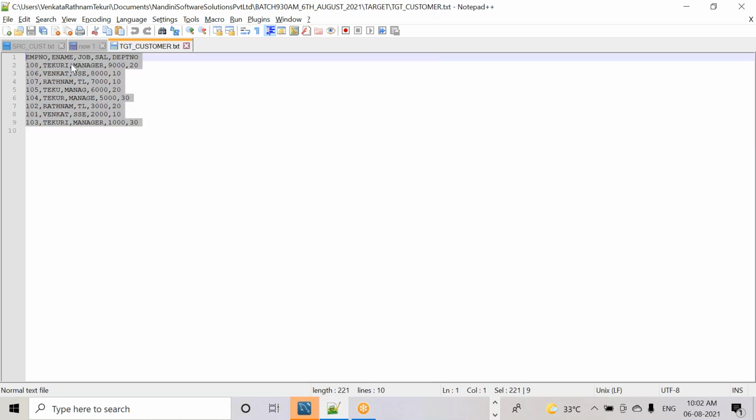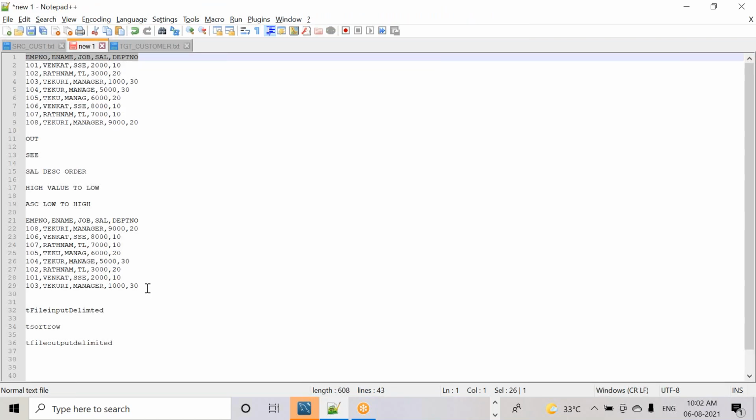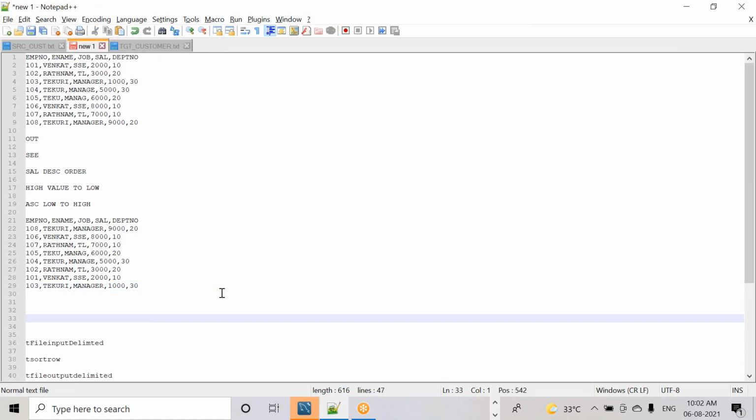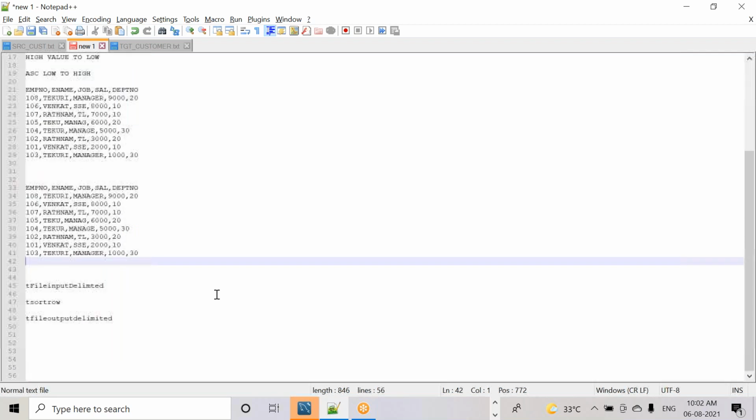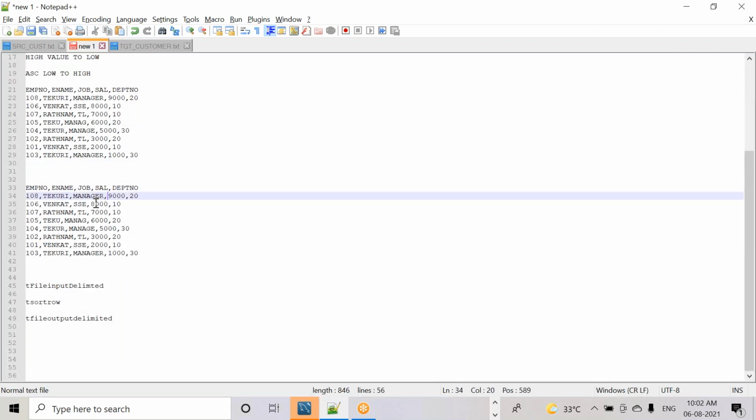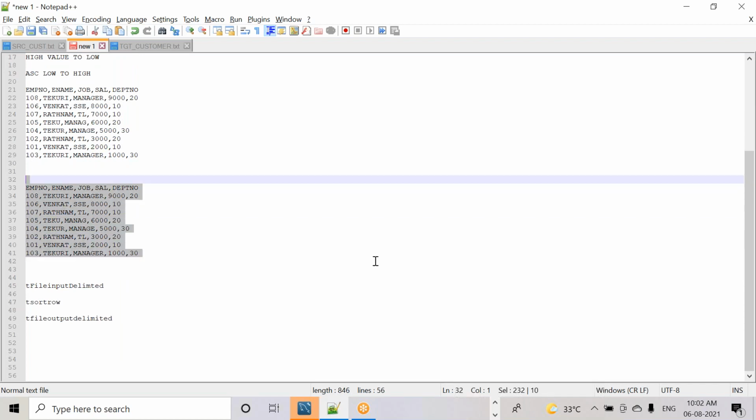Let me verify whether it is coming the same as I explained. Descending order: 9,000, 8,000, 7,000, 6,000, 5,000, 3,000, 2,000, 1,000. So this is the way to generate the salary in descending order. Is it clear, team?